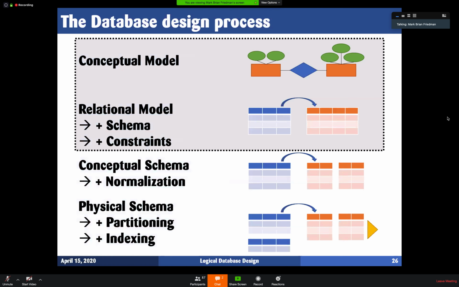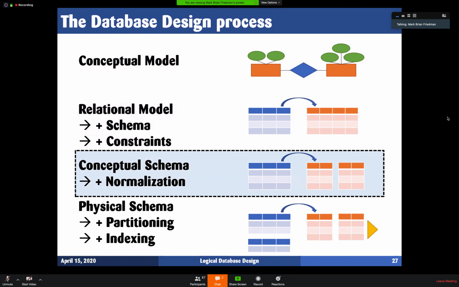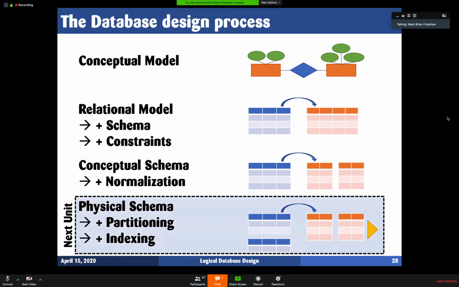So today we're going to be talking about the first two parts of it. I drew a little box around it: the conceptual model, and then how the conceptual model starts to translate into something that you'd actually write, a schema, the DDL that we've seen that defines the tables and all the fields. We're going to look at normalization in the next unit, and then we're going to spend a bit of time on the physical database,